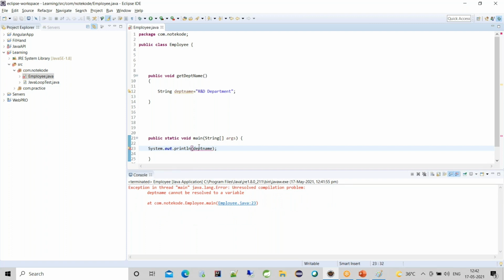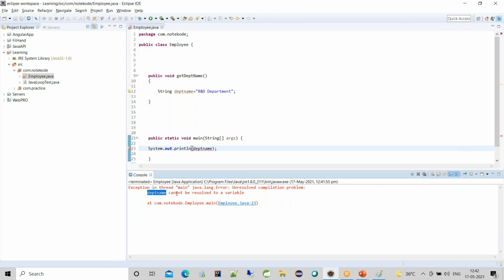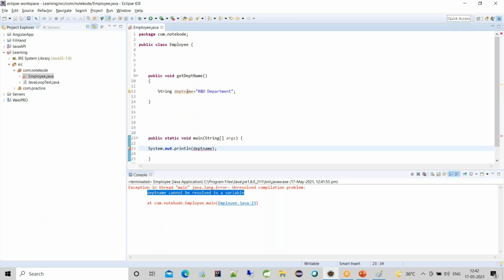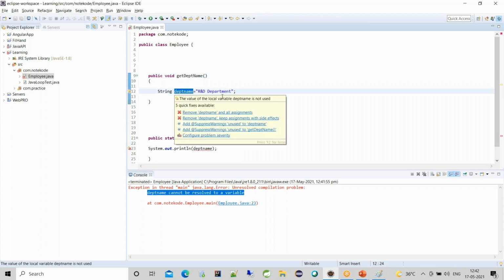Because department name is inside this method, its visibility is restricted to this method only. Therefore, this main method cannot directly access this department name.